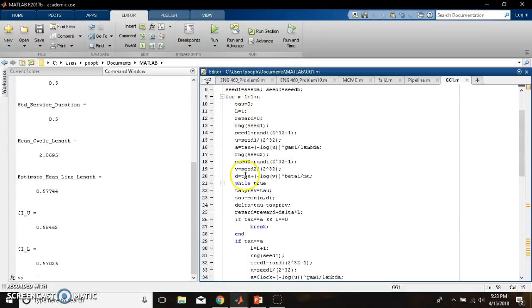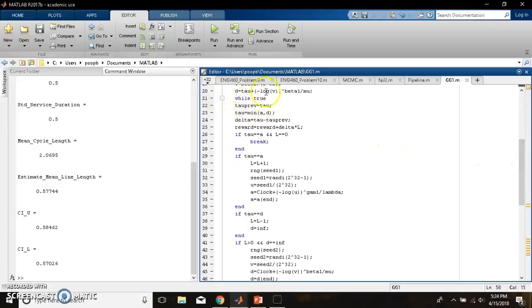The first part, until the while loop, is the first part of the cycle. This is when you start a cycle. You're establishing an arrival rate for the first step, you're establishing a service rate for the first step, and you're establishing a tau, an L equal to 1, and a reward. After we do this,